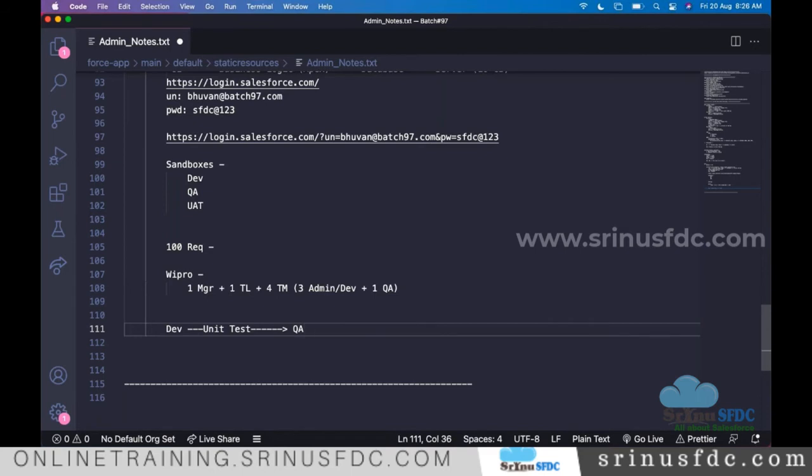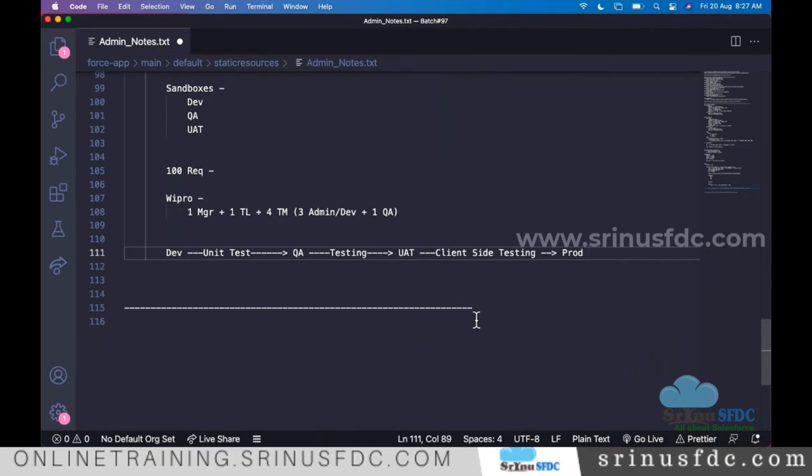Then the QA team does the full-fledged testing, and after that it is deployed to UAT, right? The client side employees do the testing and sign off. Finally, that will be deployed to production.